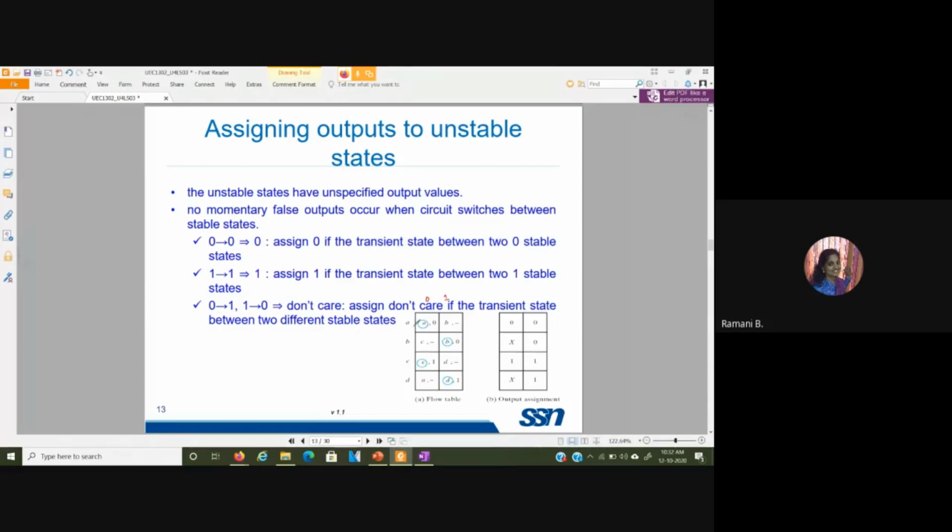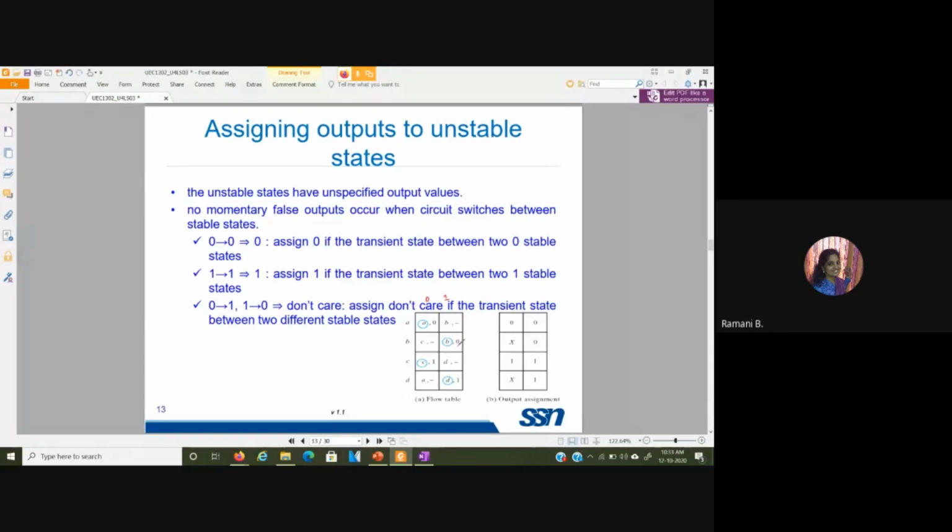So here, for the present state being A, if the input condition is 0, we are in the stable state A with output 0. So no issue at all over there. Next, if the input changes value from 0 to 1, what happens? We are moving to unstable state B, and here we don't know what the output is. However, this eventually goes to state B and then settles down in the stable state B, right?